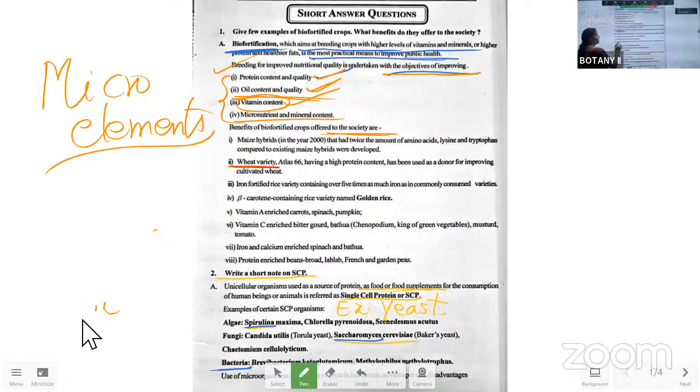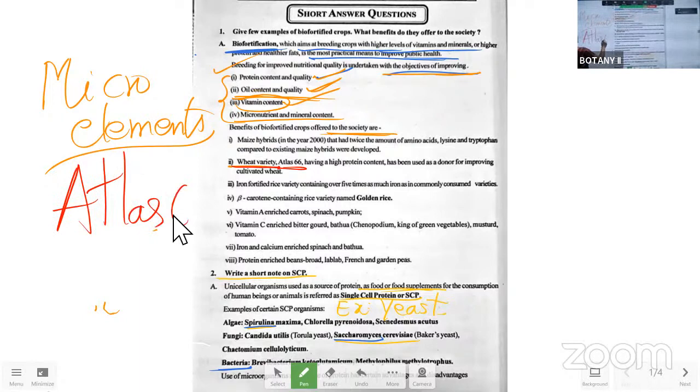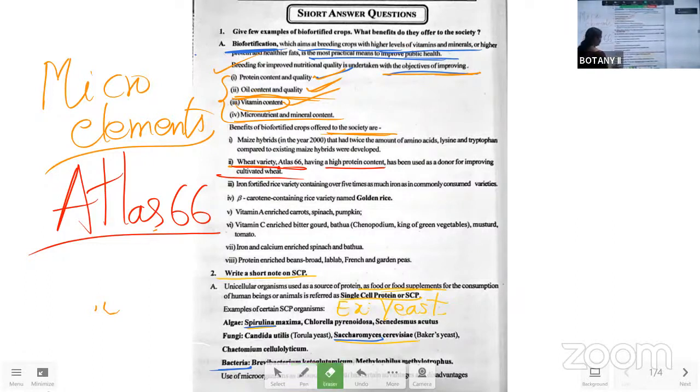But in that, what we are concentrating on is Atlas 66. Atlas 66 is one of the wheat varieties which has high protein content and which is improving the cultivation. So in the wheat variety, what we have to write, benefits of biofortification: wheat variety Atlas 66, which has high protein content and fibers in it. What we need in the wheat, these two. And the next one is